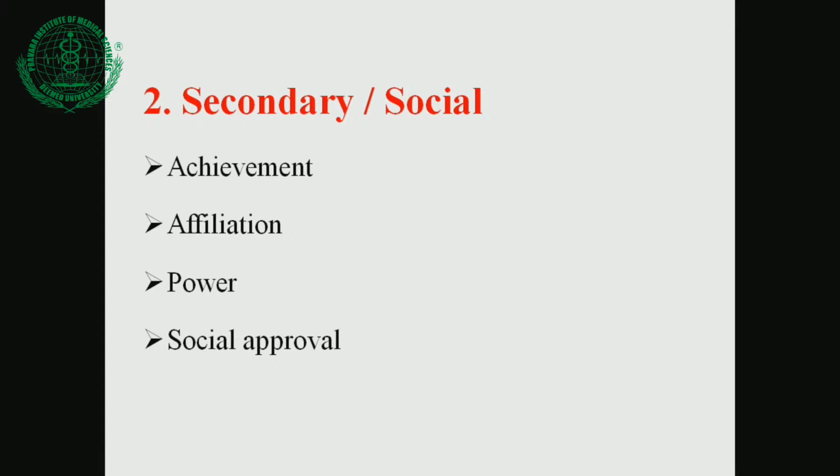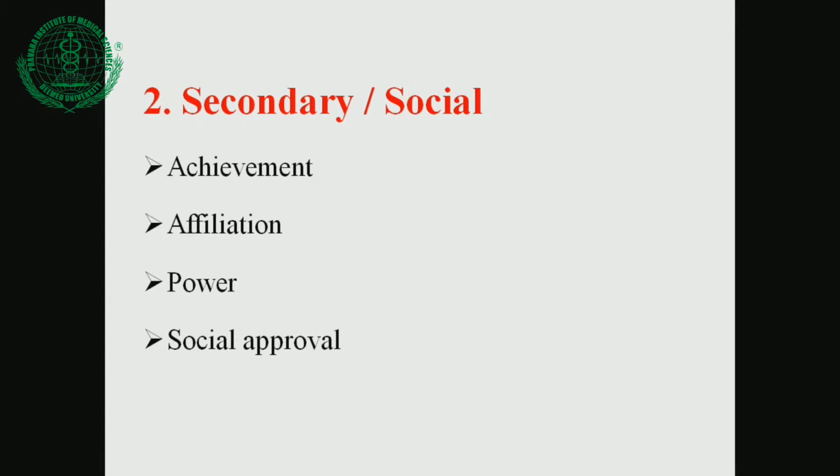Then power, which also comes under the secondary motives. Power is the ability to influence other people. Due to power, people give respect to you, or people follow orders, and so the person wants power. To get the power, the person does some work, and due to that they are able to influence other people, or their subordinates.